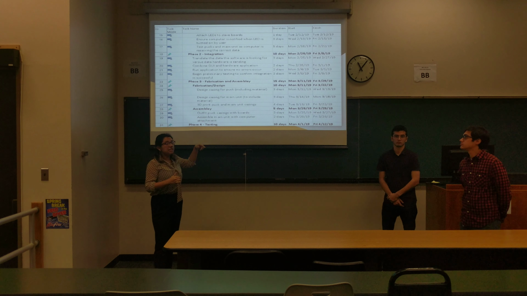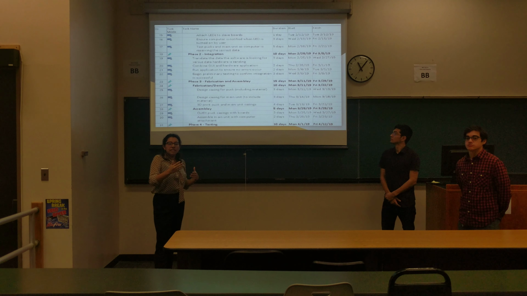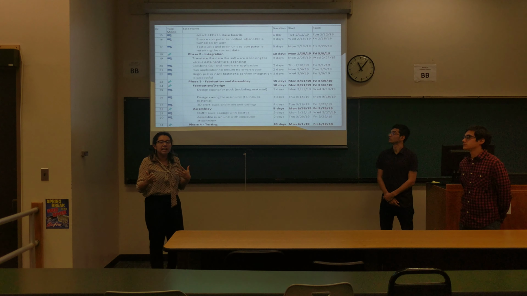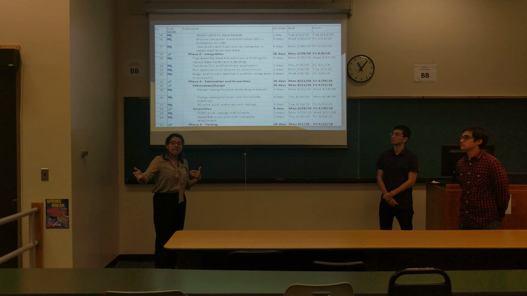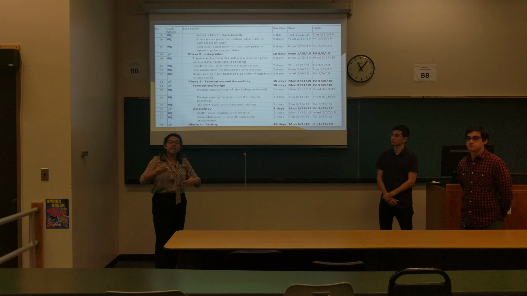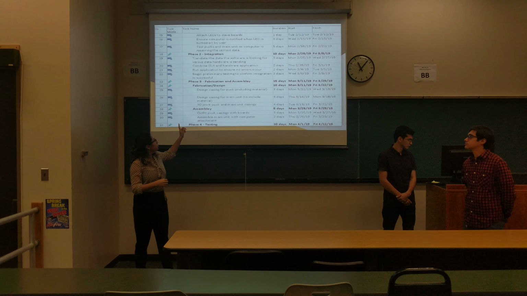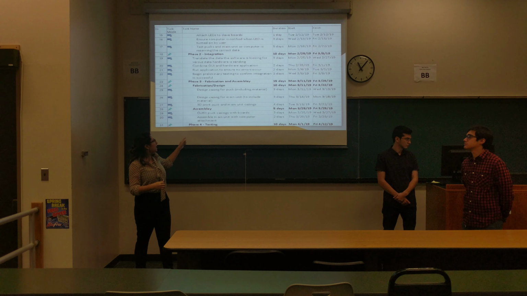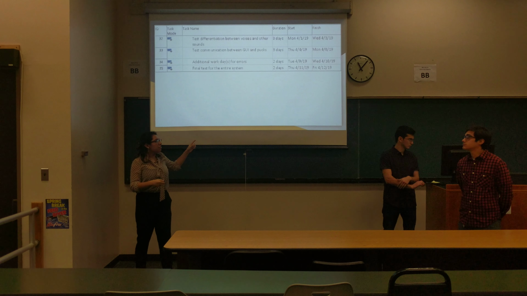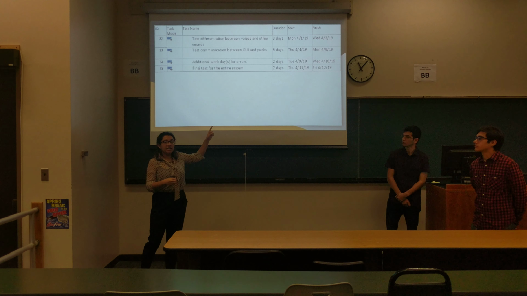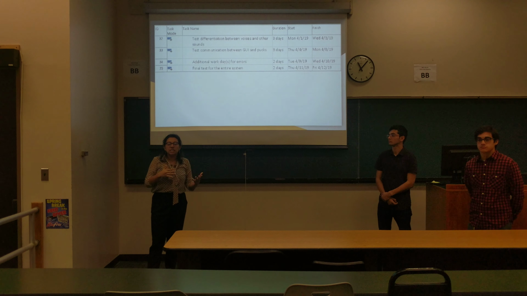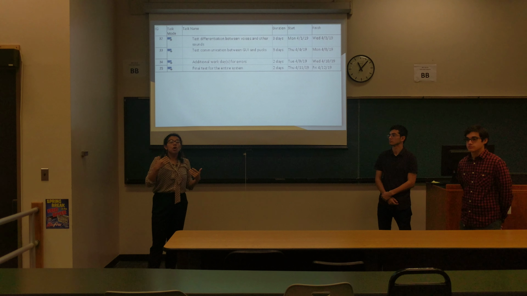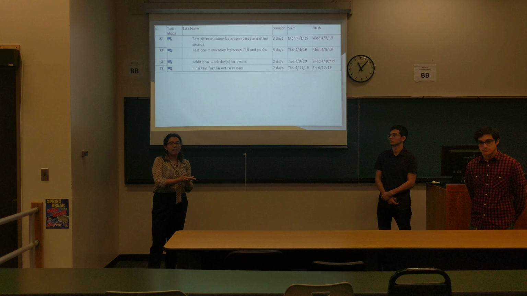So then we go into phase 2, which is integration. Of course, all of these tasks vary about 3 to 4 days. We just want to make sure that we have extra days to ensure that if we get behind or we get ahead, we can use them. And that goes through fabrication and assembly, which is our shortest, and then testing. And we're ending April 12th, which is around Tech Symposium. Of course, like I said, we're hoping to have a final product beforehand so we can make sure